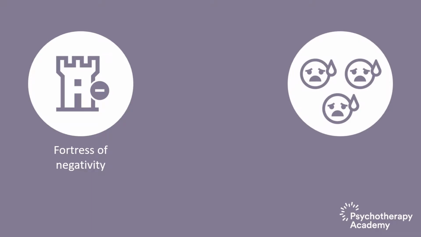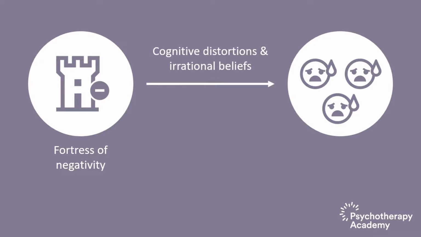Let's say that somewhere in the phenomenological field of the mind, there is the fortress of negativity, and this fortress is tyrannical. The other members existing on the phenomenological field are tyrannized by the fortress of negativity, because it shoots out catapults of cognitive distortions and fiery arrows of irrational beliefs, and it makes living in this phenomenological field really aversive. What to do?